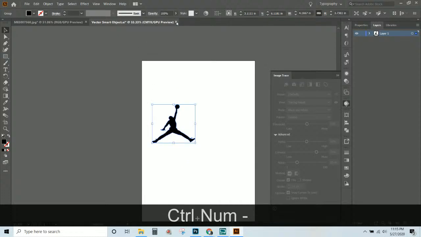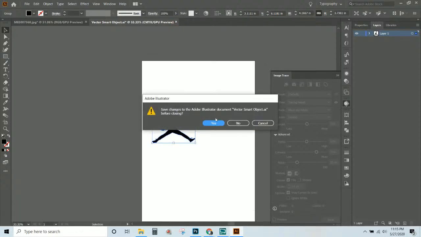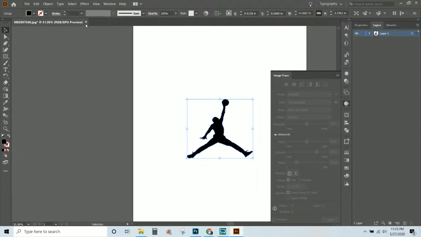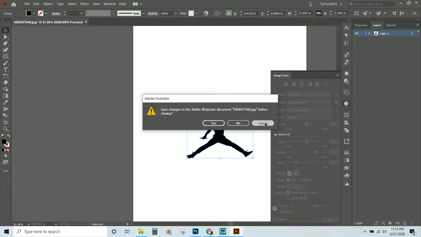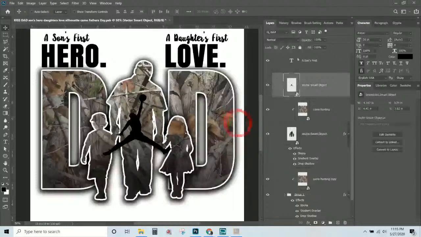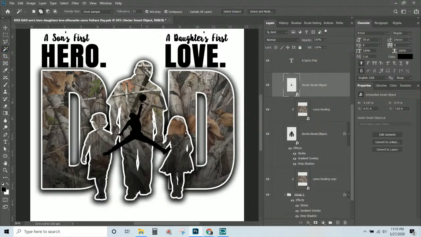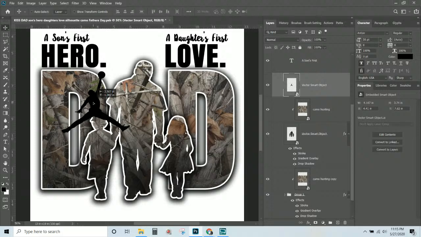Now let me show you how to do this in Photoshop because some of you may not have Illustrator. So I'm not going to spend this video showing you Illustrator. I want to let you know that this is something that you could have literally done without going into a vector-based program. Do you want to save changes? Nah. Clear the clipboard. The other thing I could have done is I just could have used my magic wand tool, got the white background and deleted it out. But